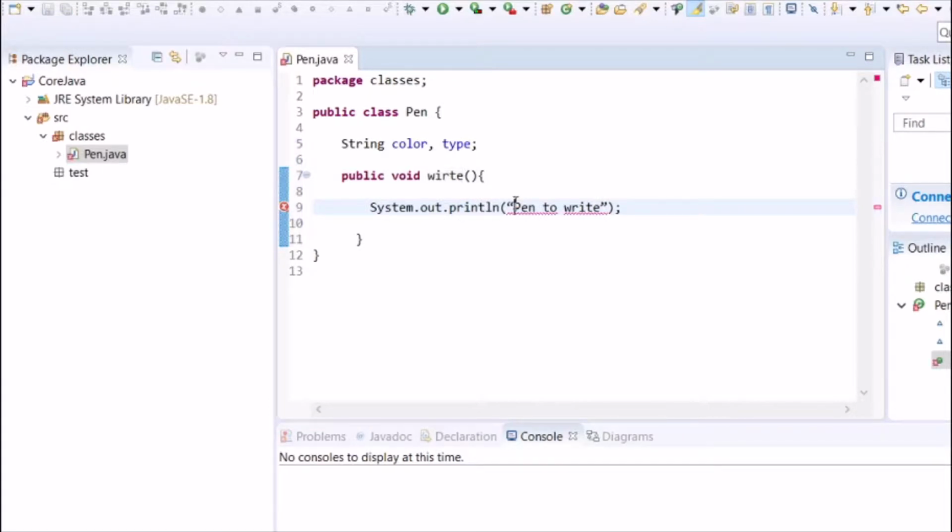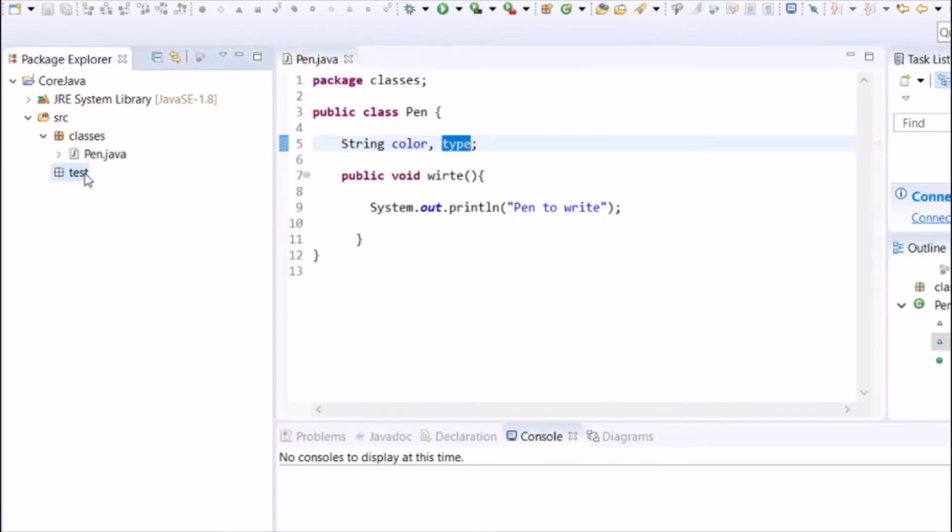So now we have defined a pen class with instance variables. Color and type are called instance variables, or you can say the properties of a class, or the variables of a pen class. So instance variables color and type, and we have a method which prints some string to the output.